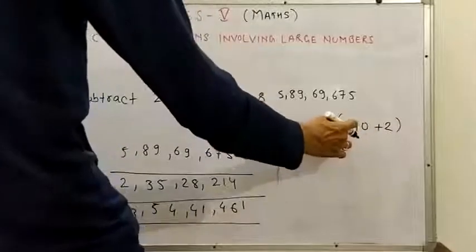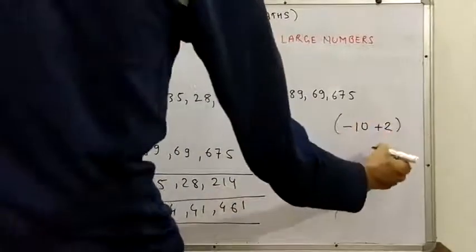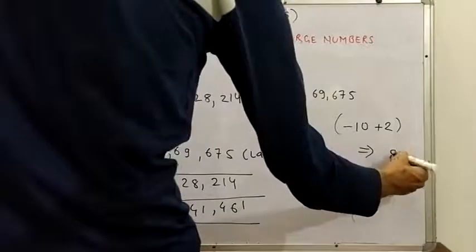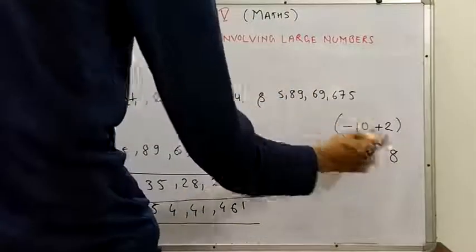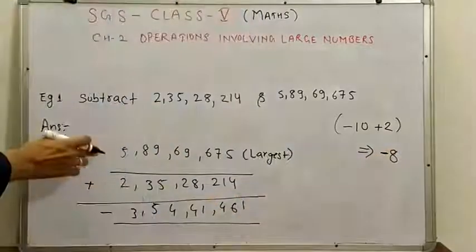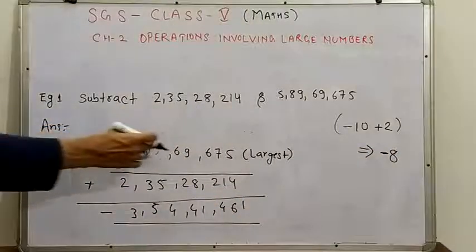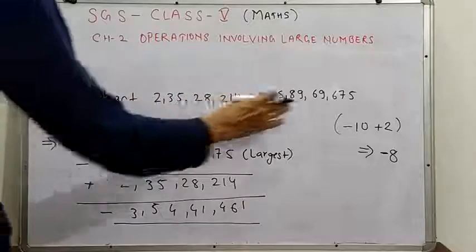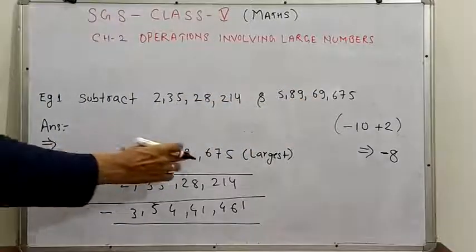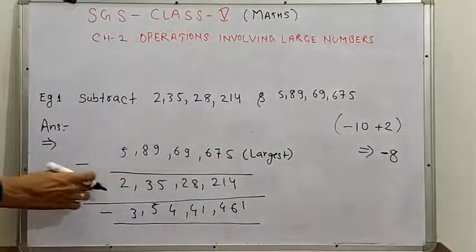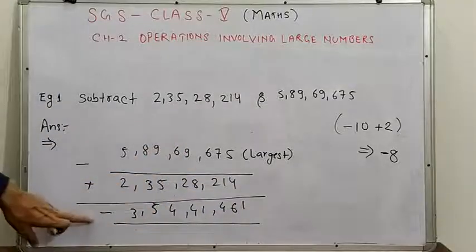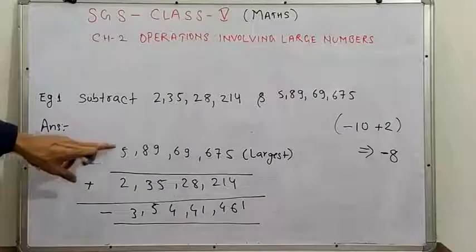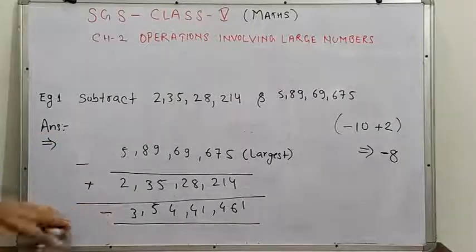If one is positive and the other is negative, then we have to subtract each other. In that case we write down here 8, but we put the symbol of the one with the greater value. That is 10, which has a minus symbol, so we put minus. In this case also minus 5 is given because we are subtracting the first number from the second one. So we subtract larger from the second one, but we always apply the symbol of the greatest number. That is, this one is greatest, that's why we apply this symbol.